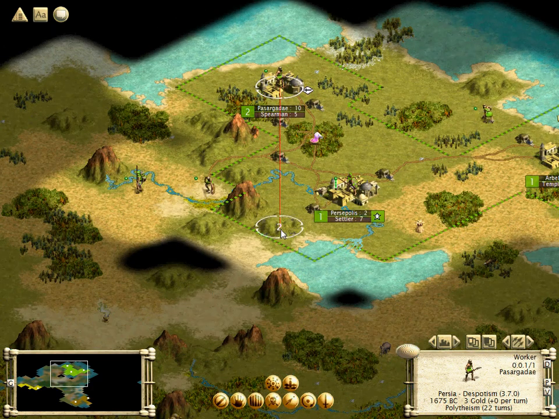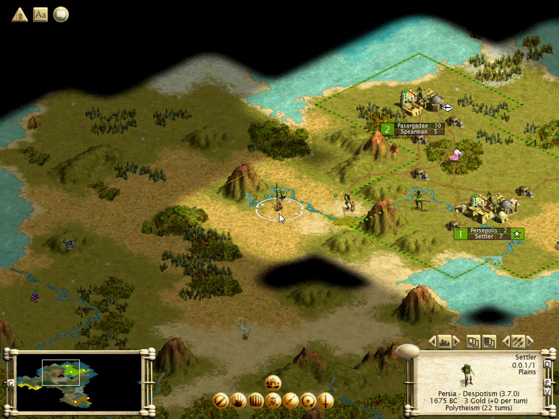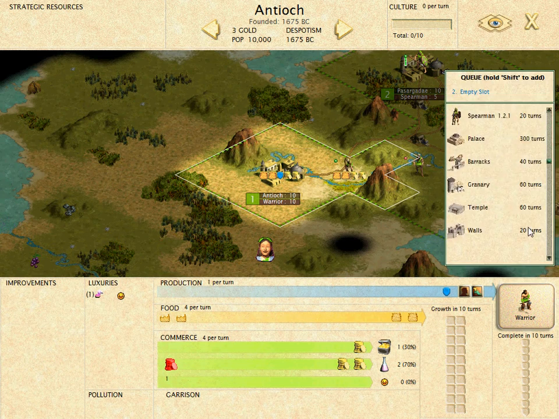Because that's definitely a good spot, and it's rather close to our capital, so it should be fairly well off. Unfortunately, we'll have to build a road around that little lake there in order to take full advantage of it. In the meantime, we're ready to build another city here, Antioch, and